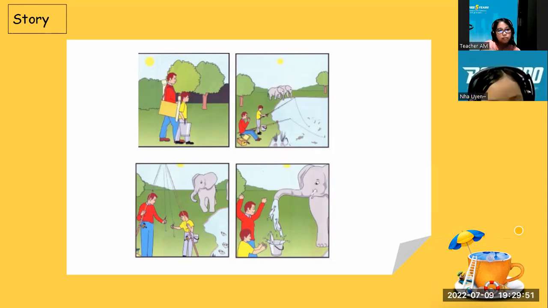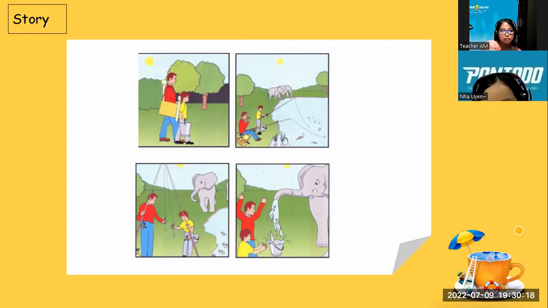Lucy and her father are holding the fish, the elephant walking next to the